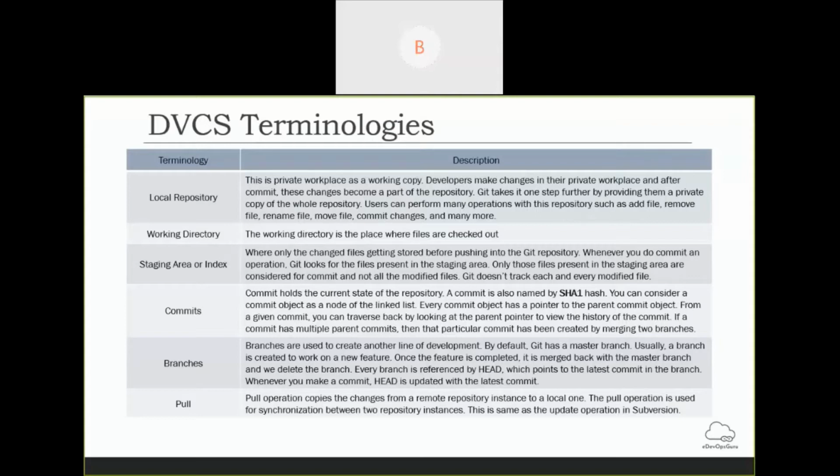Commits hold the current state of the repository. What the changes are is identified through commits. If you know the linked list concept, a commit object is like a node. So this is how we track. The address will be like a SHA1 ID, generated automatically when you commit any changes.